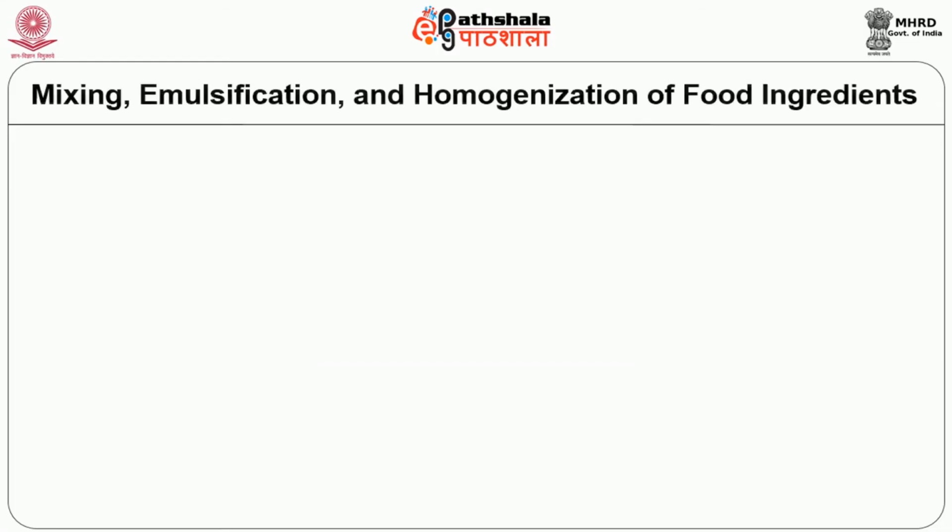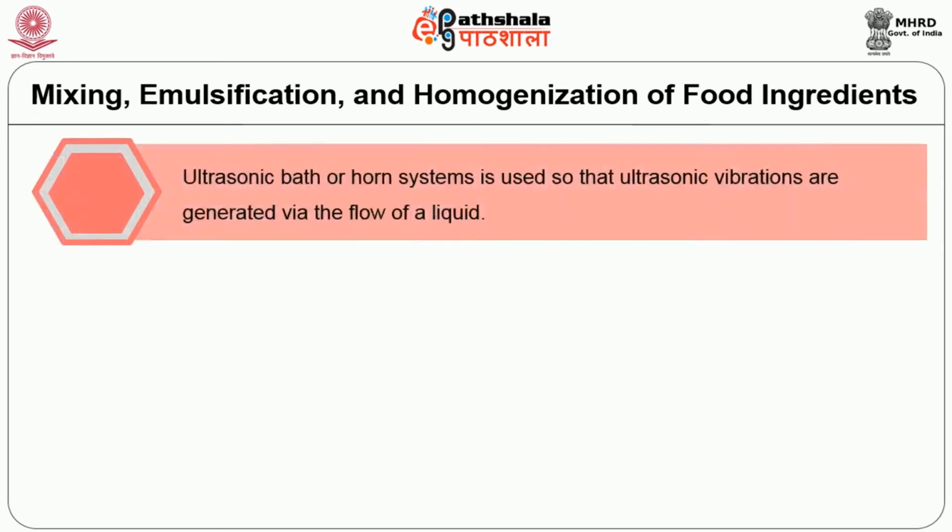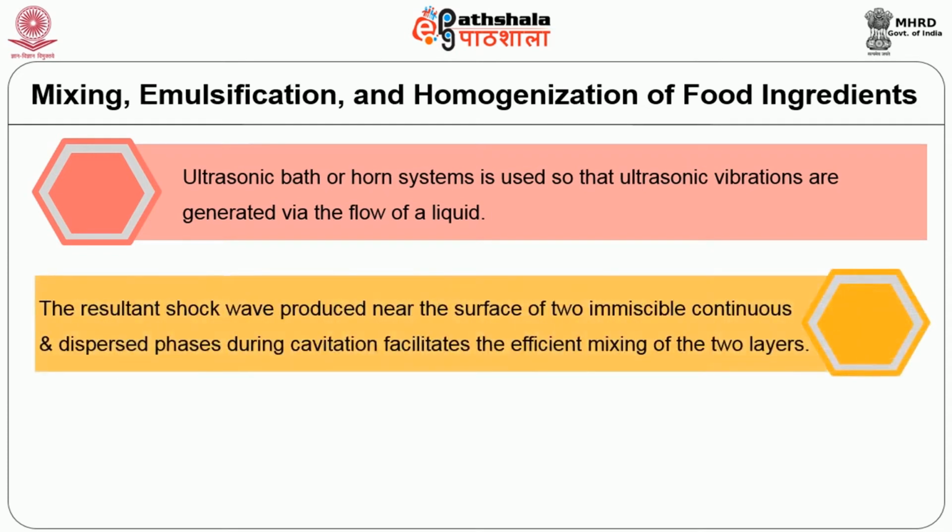Next, the use of ultrasound is during mixing, emulsification and homogenization of food ingredients. An ultrasonic bath or horn system is used so that ultrasonic vibrations are generated via the flow of a liquid. The resultant shock wave produced near the surface of two immiscible continuous and dispersed phases during cavitation facilitates the efficient